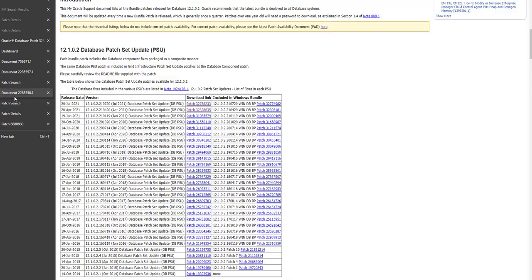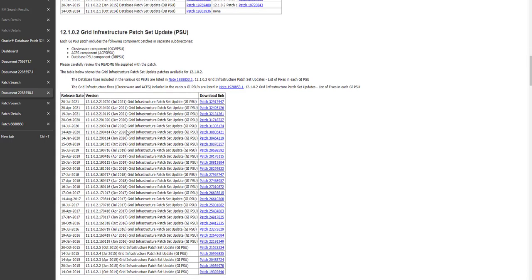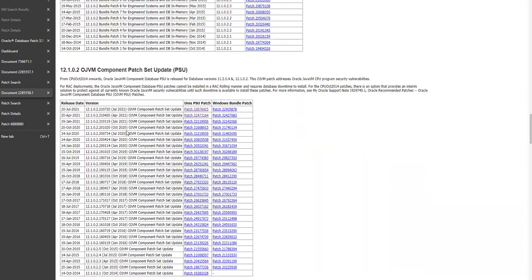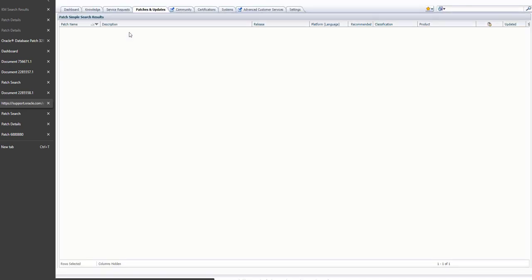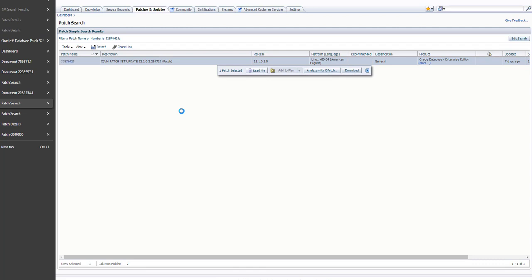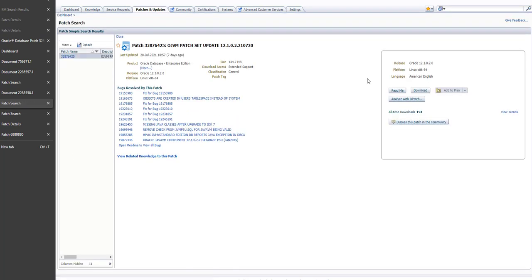You need to make sure that you are downloading the correct version, 12.1.0. So we search for the OJVM PSU Patch Set Update, and click this version and download it.